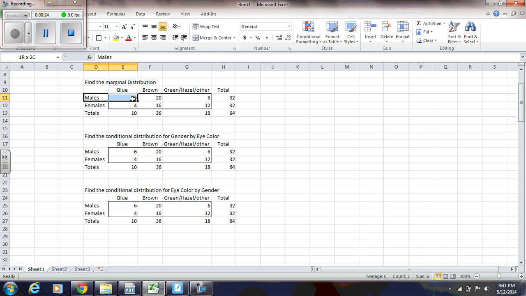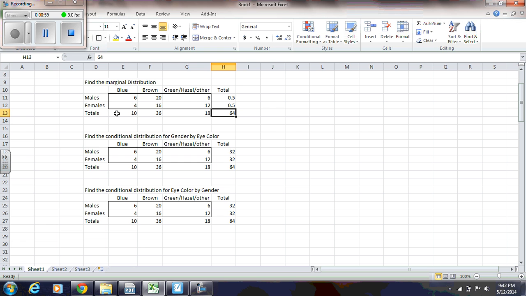So we're going to be looking at the rows in this example, and we're going to be finding the marginal distribution. So we're going to be looking at the row total, 32 for males, divided by the total number of subjects. So we're going to take 32 and divide by 64. This gives us 0.5 or 50%. We can do the same here for females. So our marginal distribution for gender would be 0.5 for the males and 0.5 for the females, or 50% for